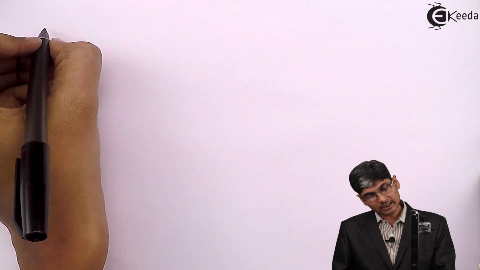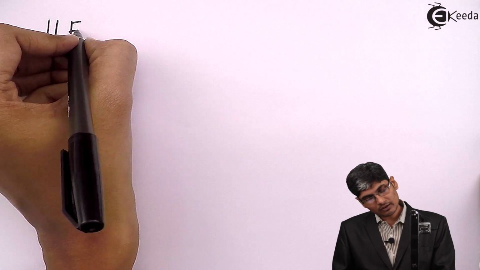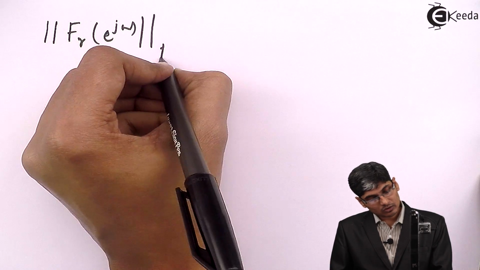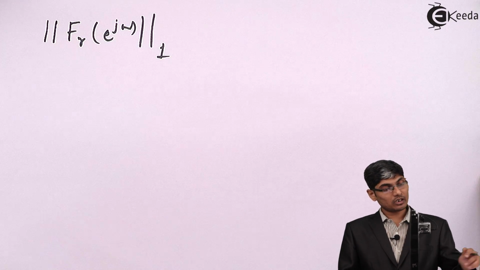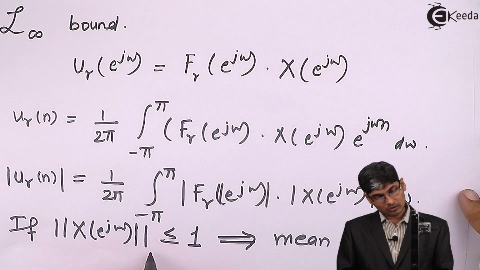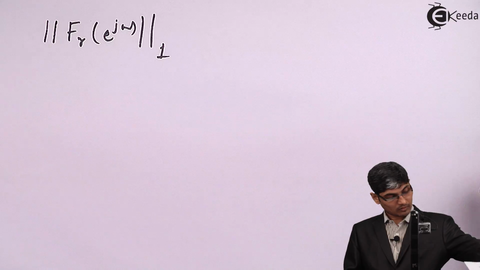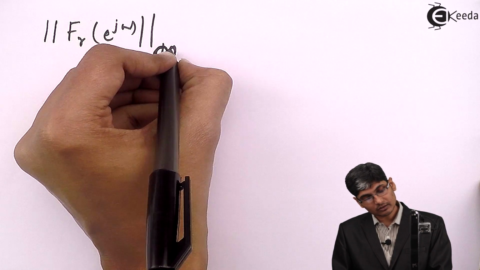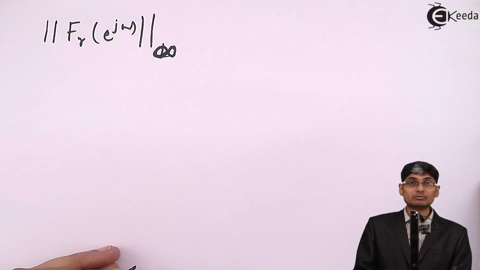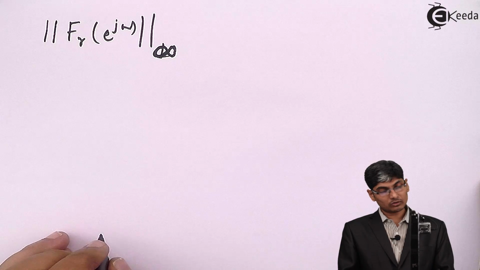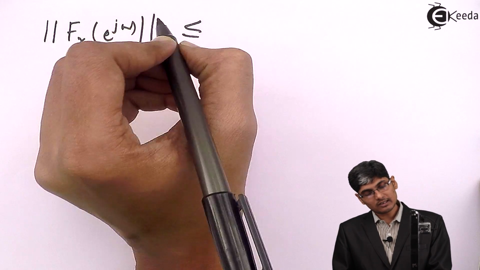That factor is denoted as the norm of F_r(e^{jω}) to the base 1. Sorry, to the base infinity. It should not be 1, it should be infinity. So the norm of F_r(e^{jω}) to the base infinity is less than or equal to